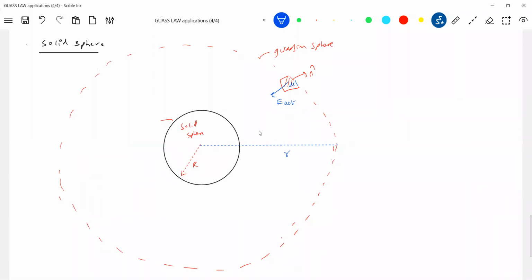So the entire formula is the integral of E bar dot ds equal to 4 pi G times the net mass enclosed. What is the net mass enclosed? M. Though it's a solid sphere, everything will appear like a point mass. The whole solid sphere you can treat like a point mass placed at the center.